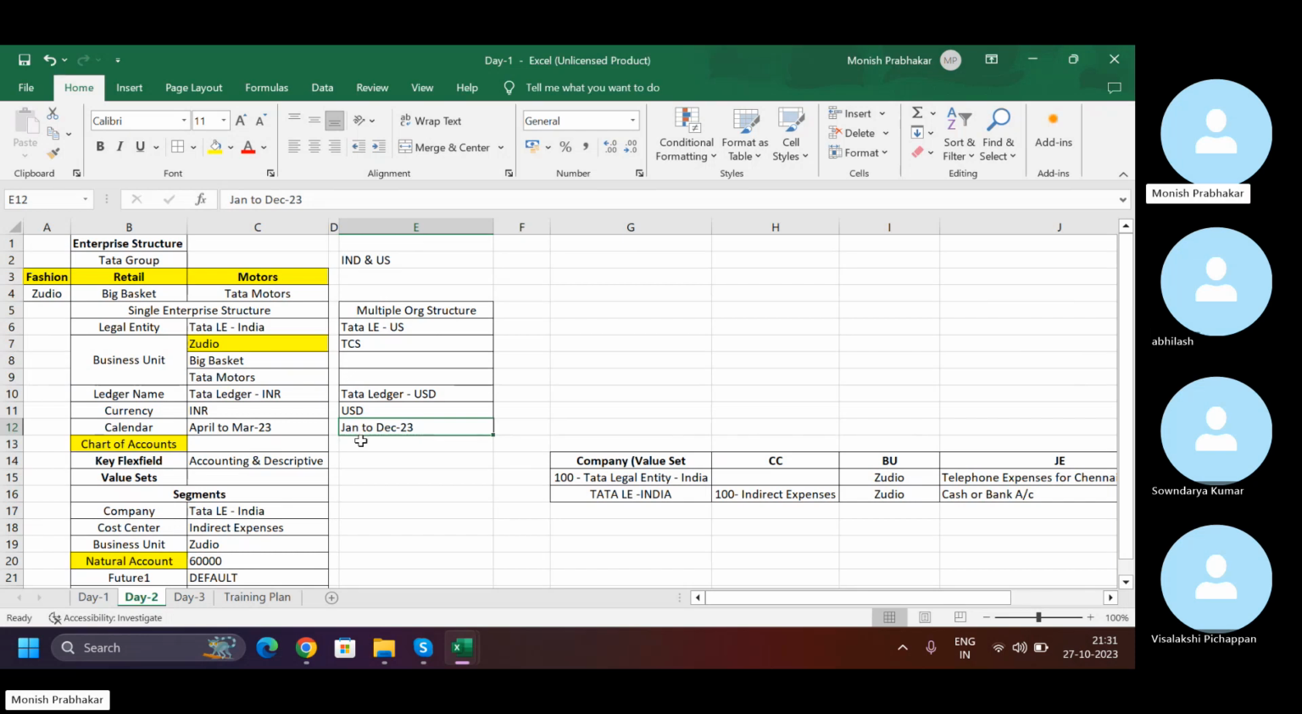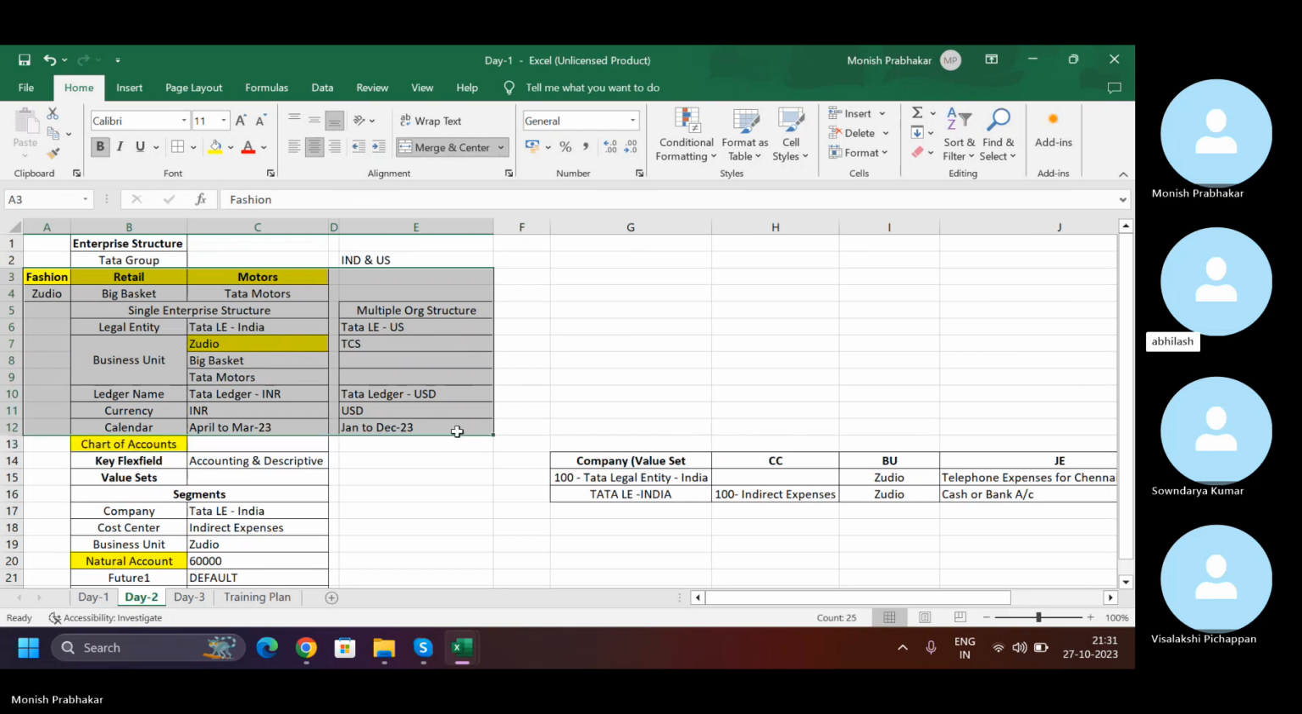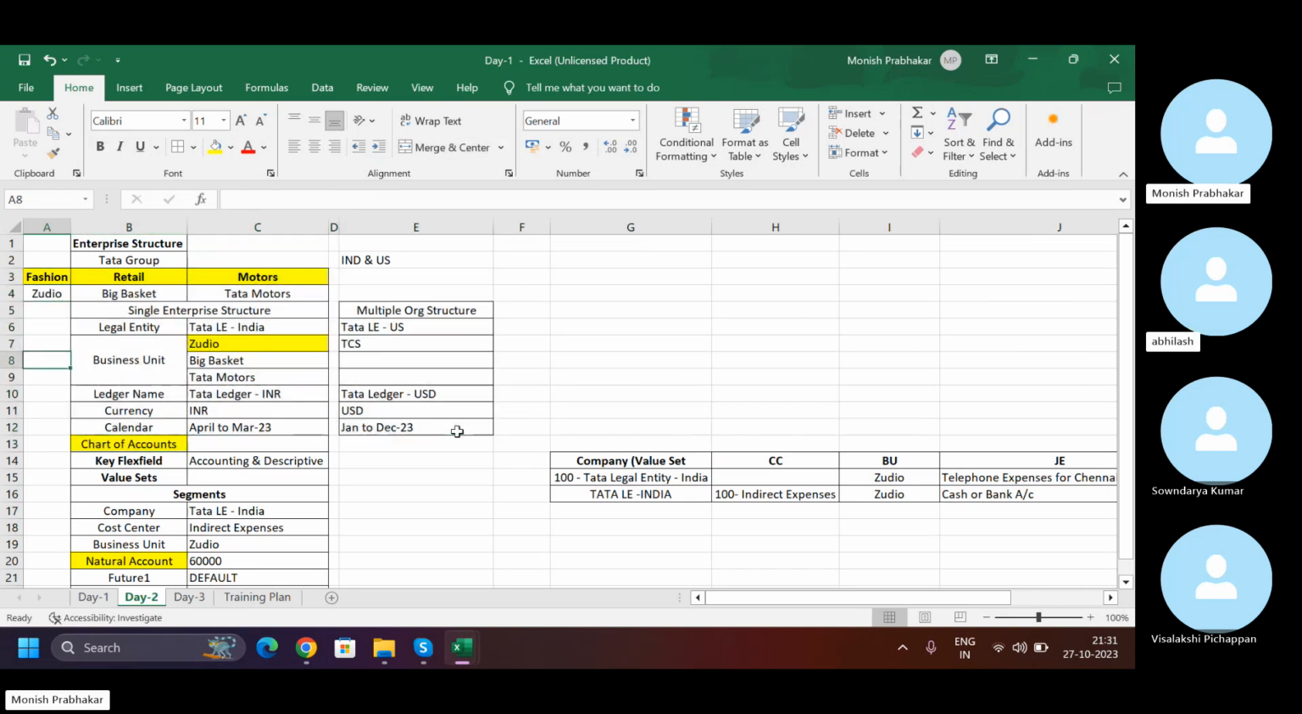Okay. So this is a single enterprise structure with one geography. This is put together as a multi-org structure. Now, if I come to chart of accounts,